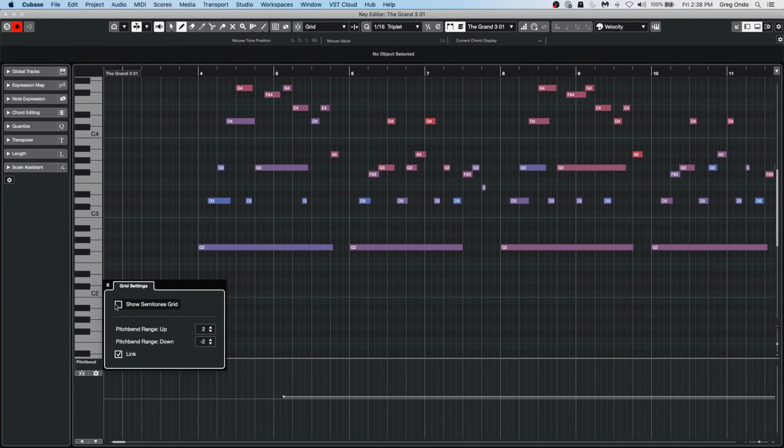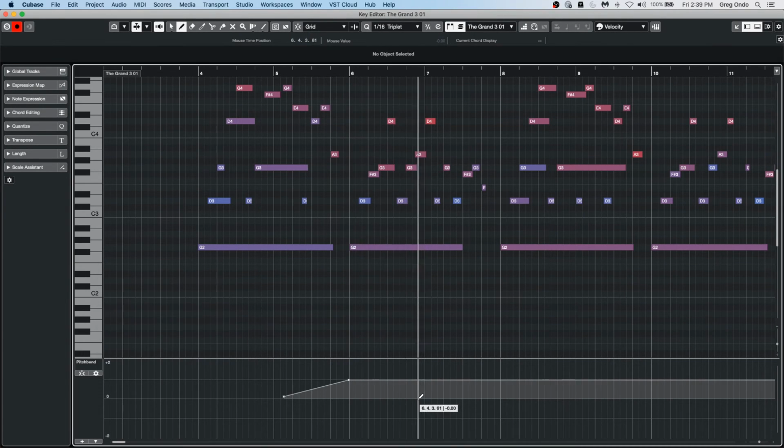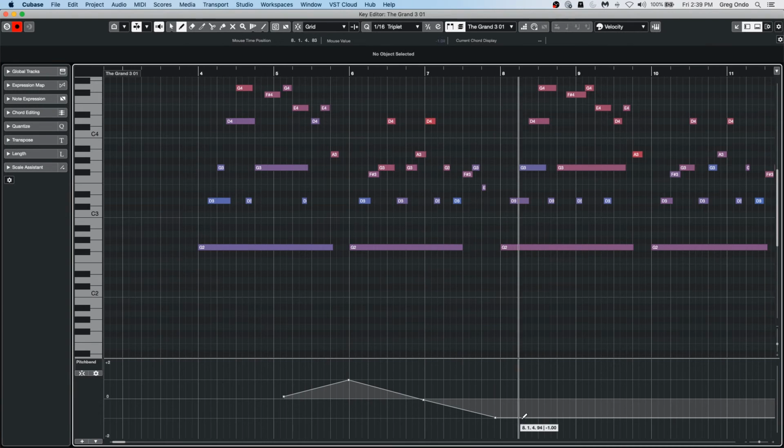So we could say we're going to click on the pitch bend show semitones grid. So now we see this line here. We set the pitch bend range up and down to what's matching in the particular instrument. And we could just come right here and have that. And as we enter it in, we can see the values for how flat or sharp it is in the